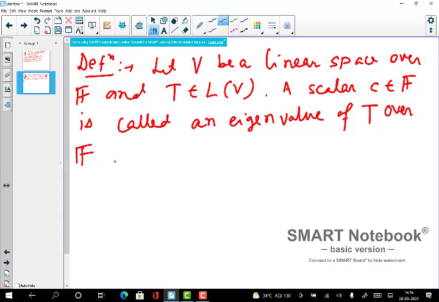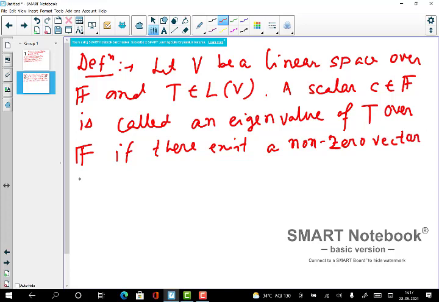So a scalar c is called an eigenvalue of T over F if there exists a non-zero vector v in V such that